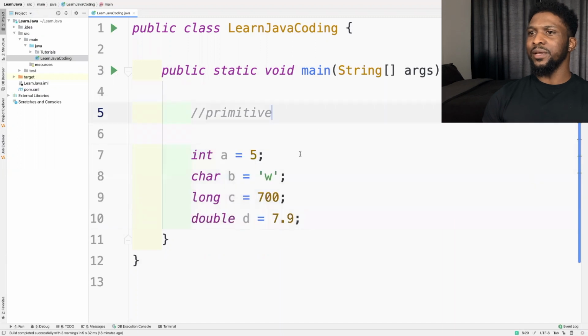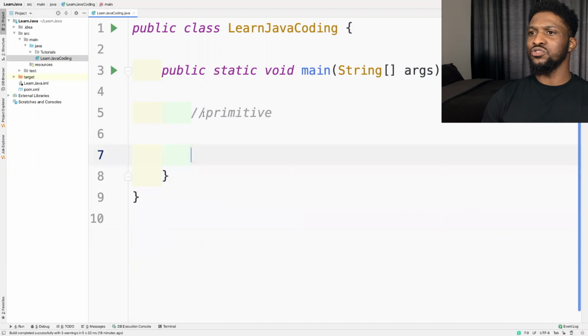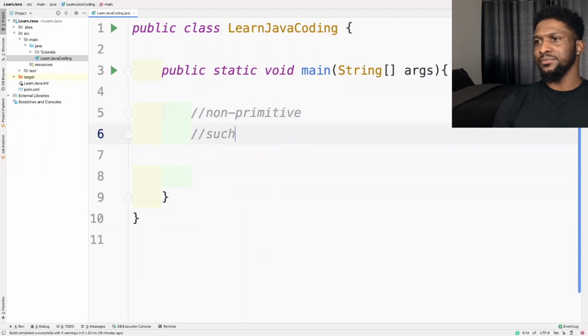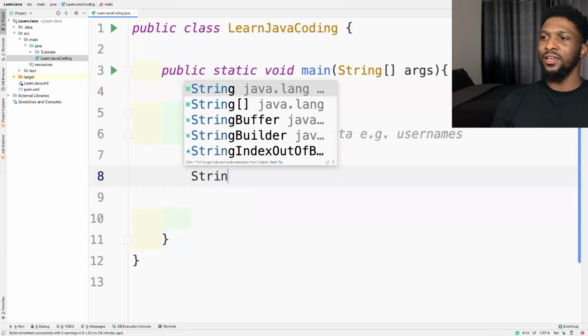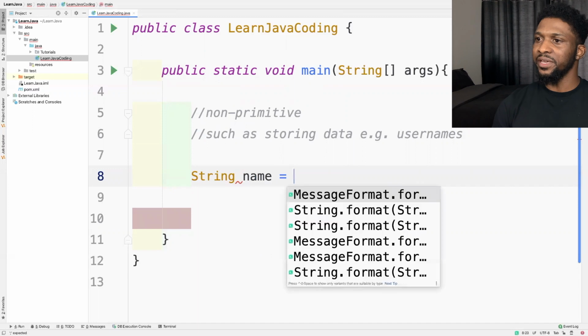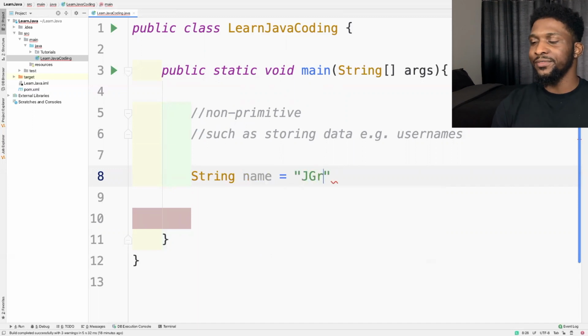There are different types, basically. There are also non-primitive types, and these are typically used for storing data, and I like to call these man-made. So in other words, we can use something like string, and we would write it like this. String name equals to, for example, my name. What's my name? Jay Gray. So as you can see, we can create different data like usernames, for databases or for Instagram, for example,